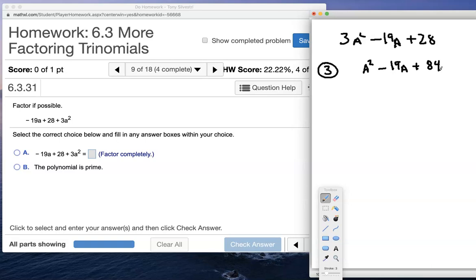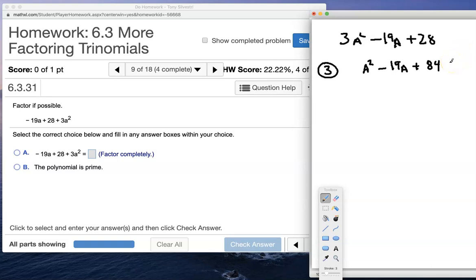Now, see, the problem with this magic, there's a problem with everything in life. And the problem is when you start multiplying numbers, like 3 and 28, you start generating big numbers. And that's the only issue with this, is I have to ask myself, give me two numbers that multiply out to be 84, add or subtract to be 19. And it gets harder to come up with two numbers that multiply out to be 84, add or subtract to be 19. So there's a website I developed,